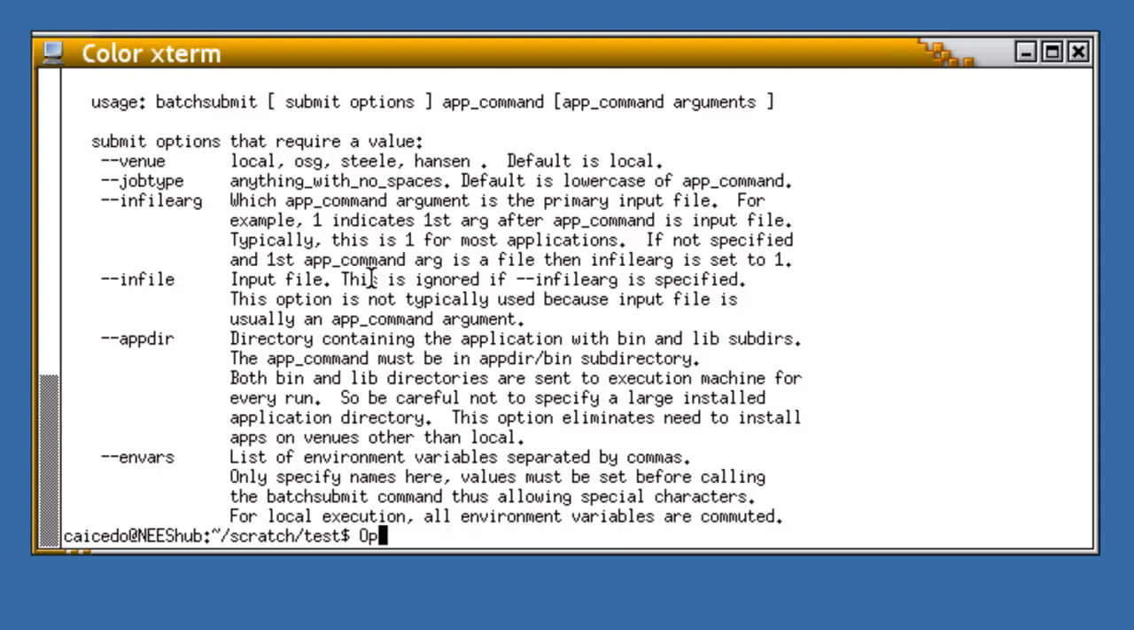usually you do OpenSEES, right? And then we put the name of the tickle file, like input.tcl. So this input.tcl becomes one input file. So I need to specify that in my command. Batchsubmit venue OpenSEES grid